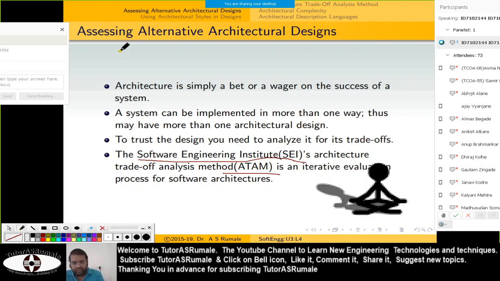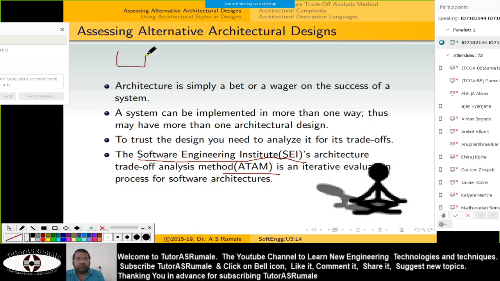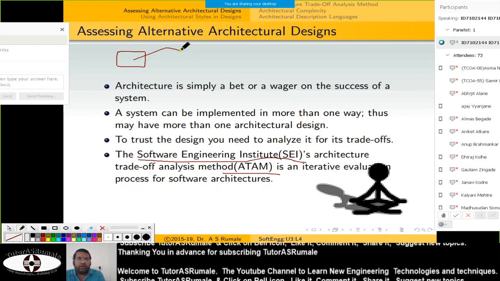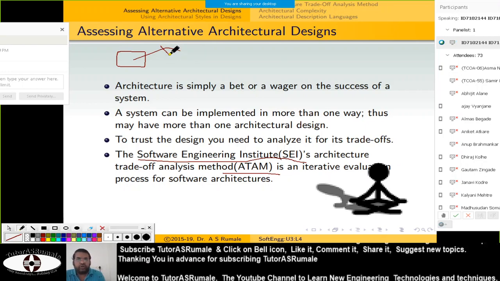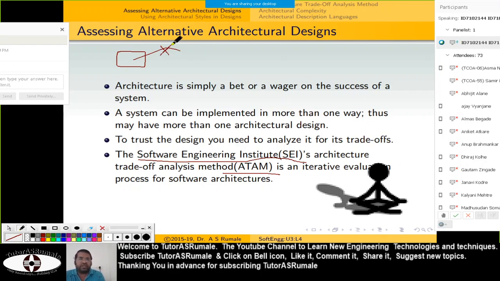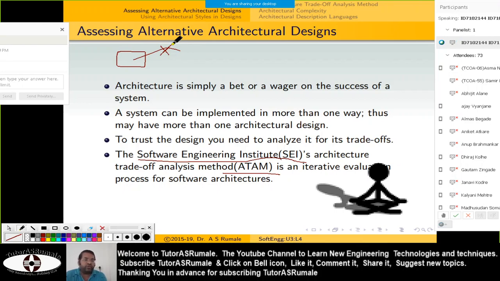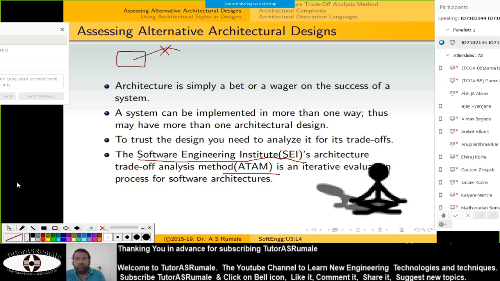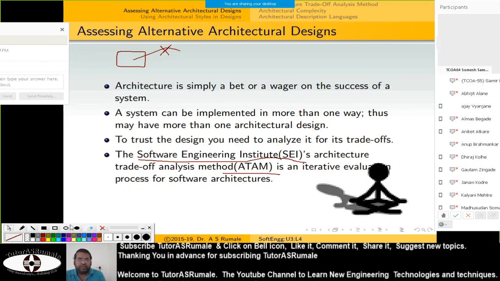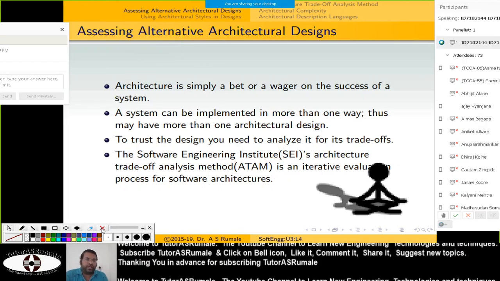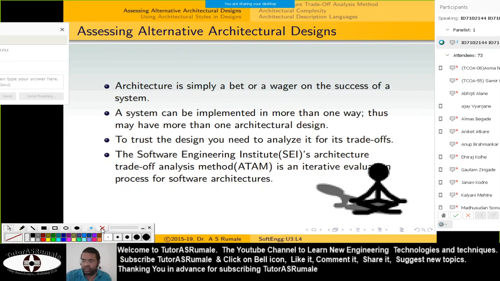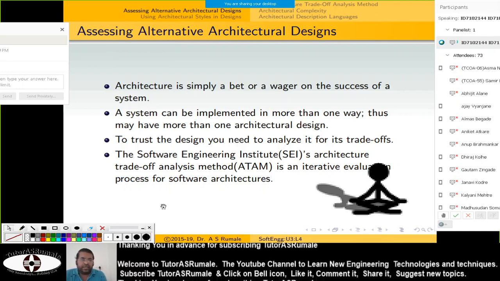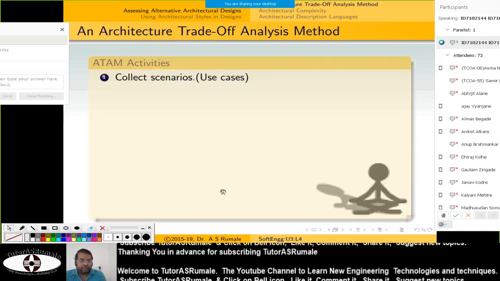If you have done a software analysis for version 1 of the software, that analysis is no longer valid for version 2 of the software. This is what we call iterative. That means you have to reanalyze the software for every new version.